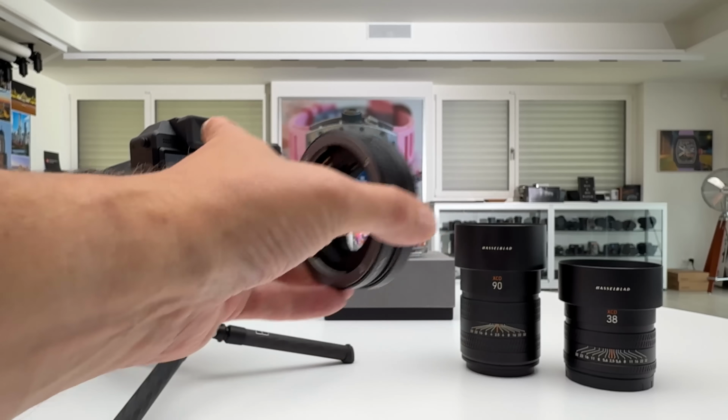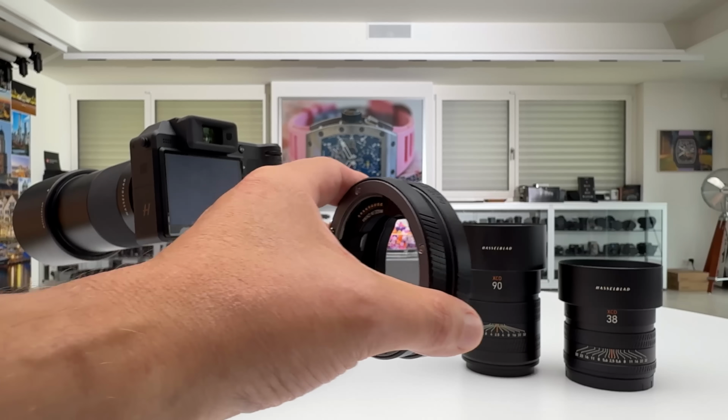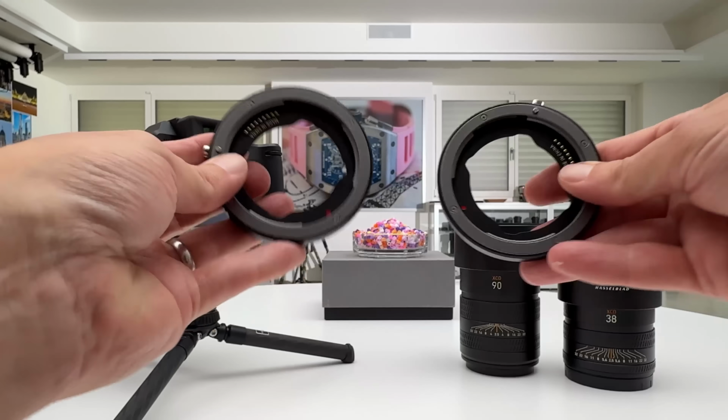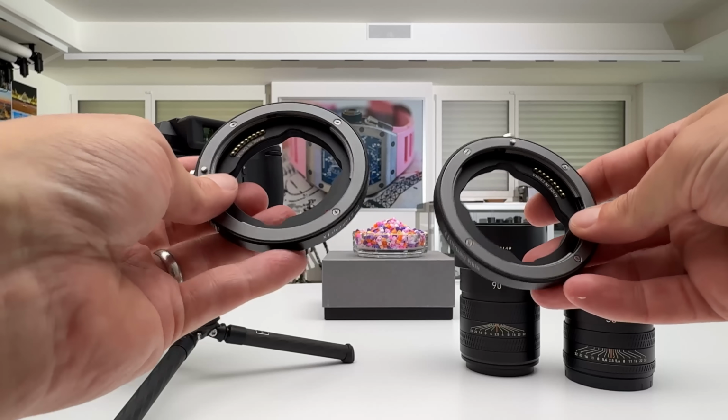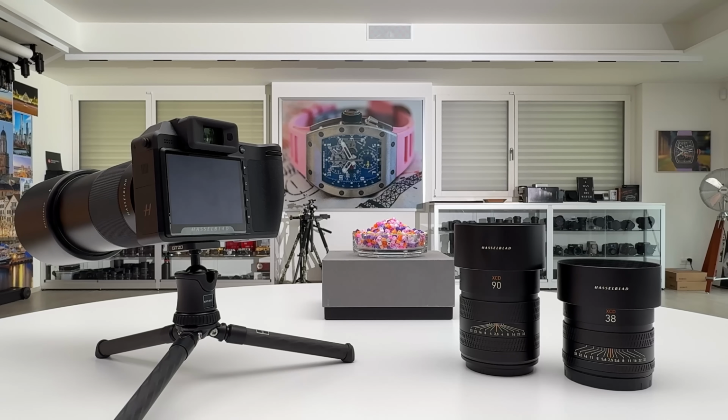And I want to try them out with the macro lens, but I also want to try them out with the 90V and the 38V, because Hasselblad says they are basically compatible with any XCD lens you might want to pick. As a subject for my test shooting here in the studio, I have at the very end of the